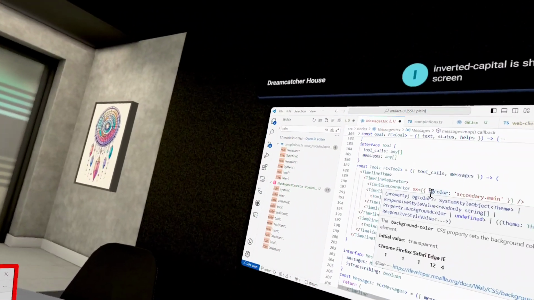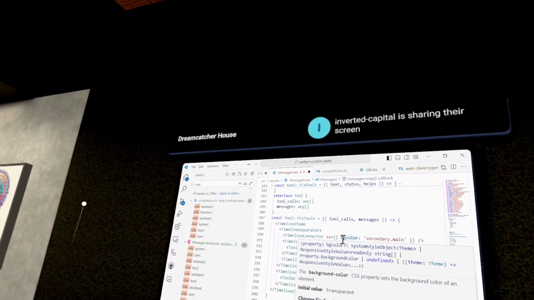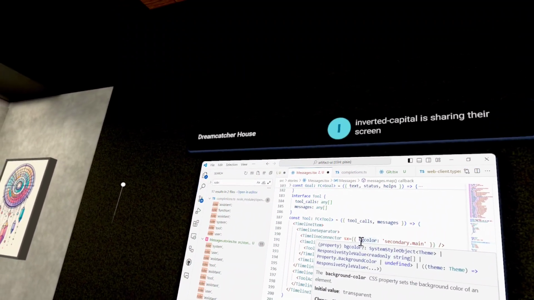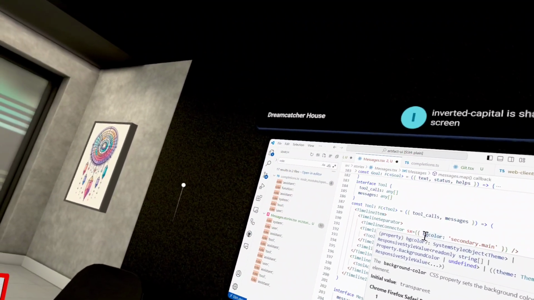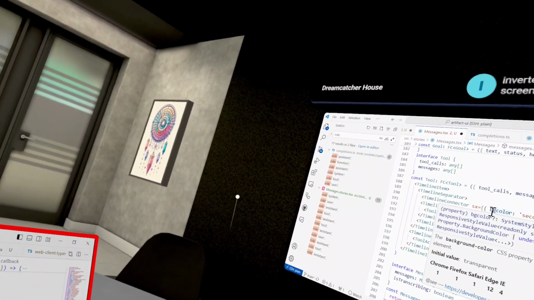Oh, this is kind of awkward. I broke a bunch of stuff, and now it doesn't really work. But as you can see here, I've switched over to Artifact UI, so I'm now actually able to